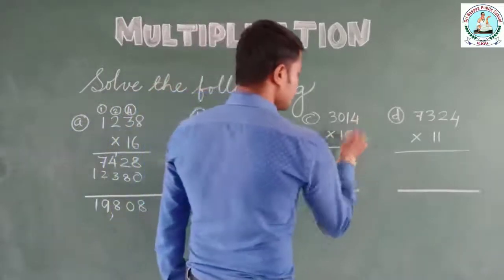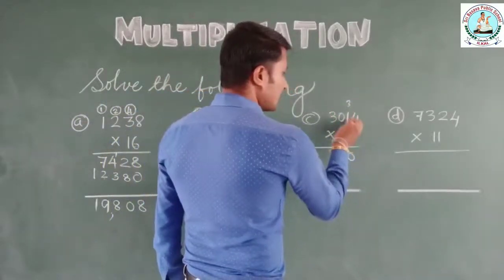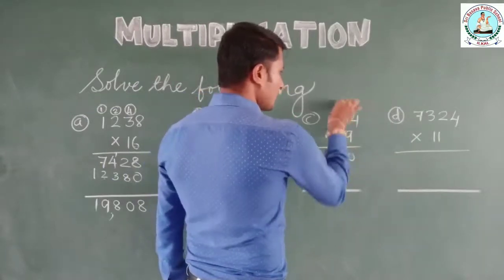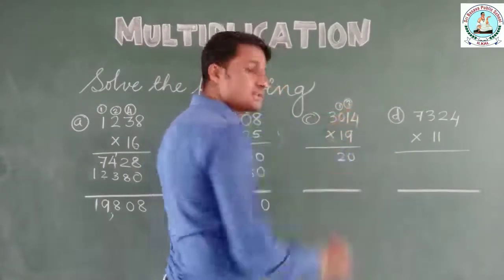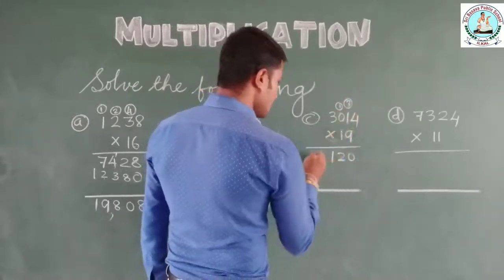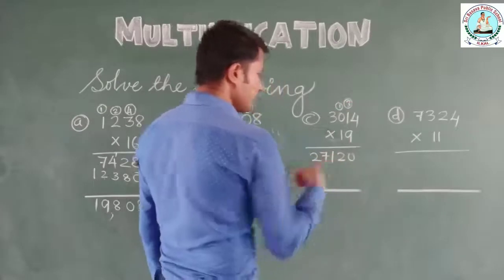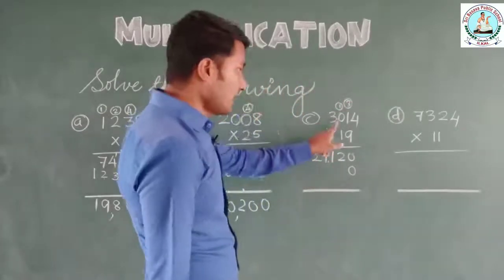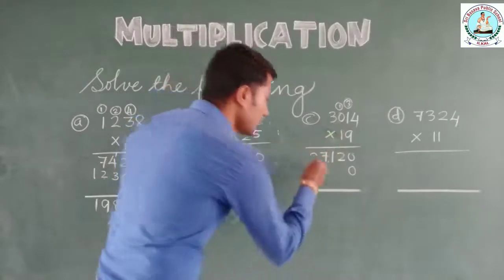9 4s are 36, 3 carry over, then 9 times 1 is 9, 9 plus 3 is 12, right? So one more carry over, then 9 times 0 will be 0, 0 plus 1 is 1, and 9 times 3 will be 27. Skip the first place before multiplying with another, and any number with 1 is the number itself, so that it is